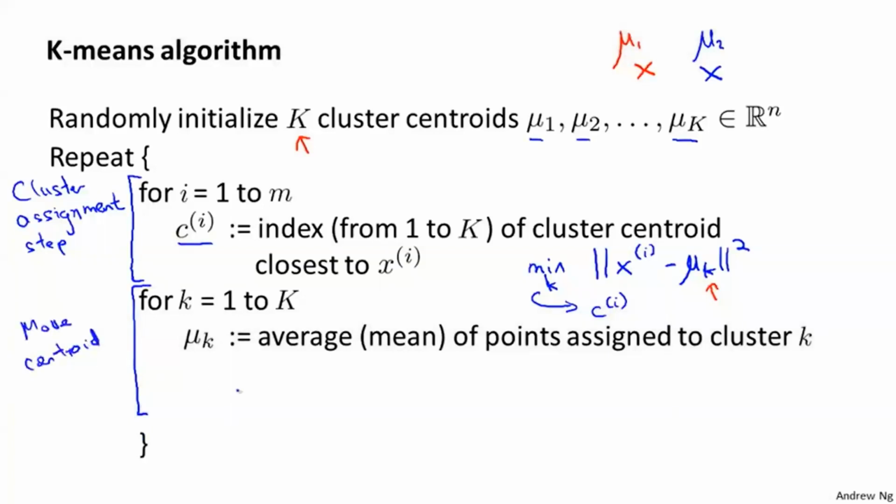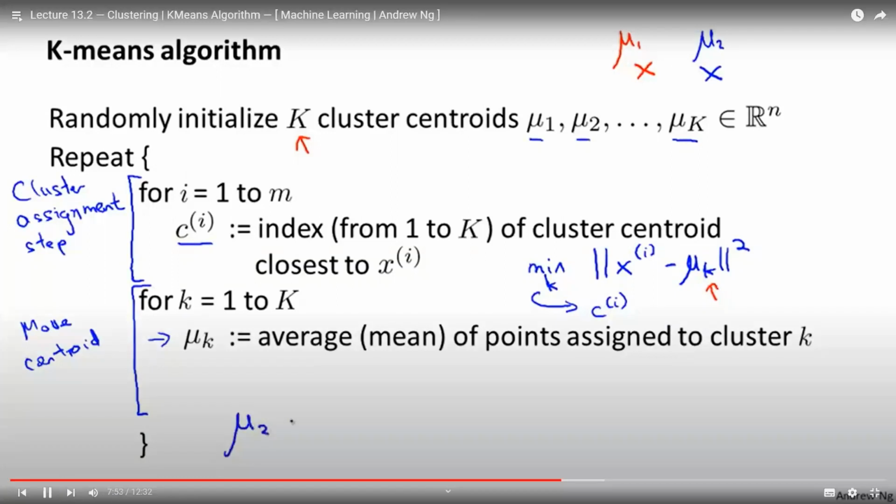The other inner loop of k-means does the move centroid step. For each of my cluster centroids, for lowercase k equals 1 through K, it sets mu k equal to the average of the points assigned to the cluster. As a concrete example, let's say that cluster centroid 2 has training examples 1,